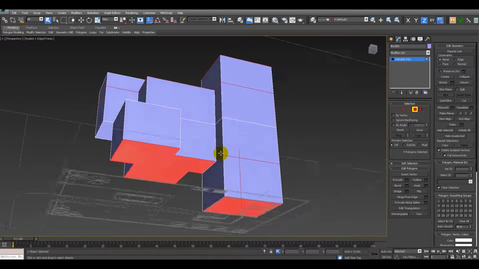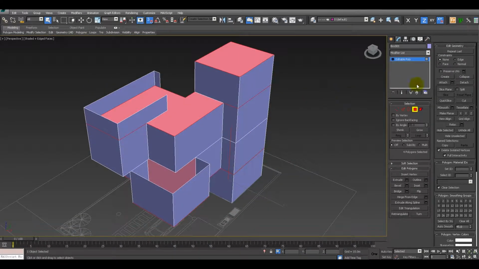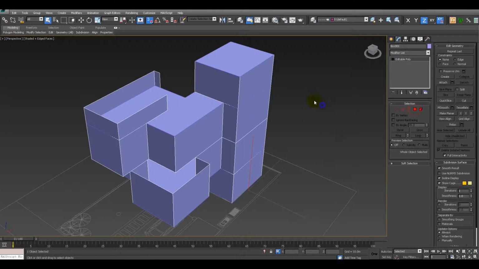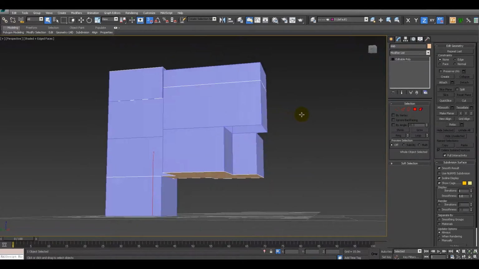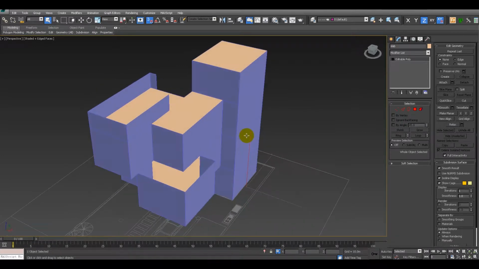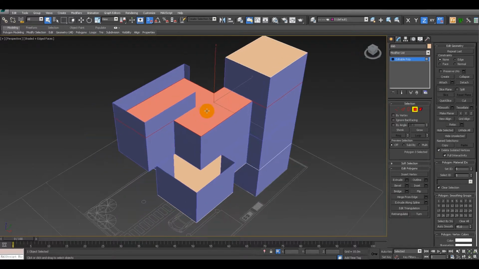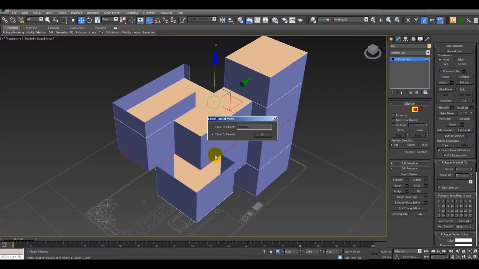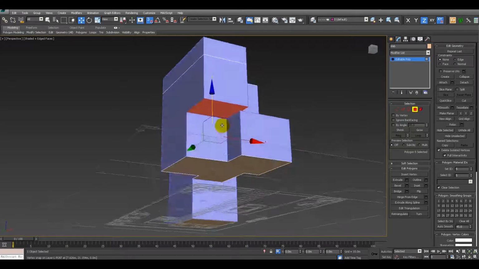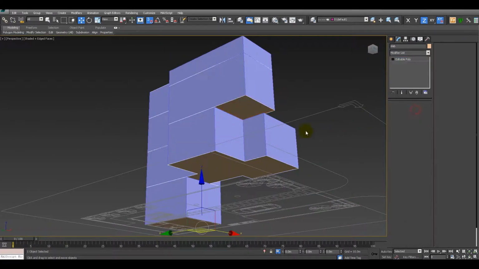It's this one, and for the ground floor, and we click detach, then we rename it as slab. Then after that we select the slab and give it a color, so we have the slab now. So we'll just copy this one to have a slab here. Okay, so now